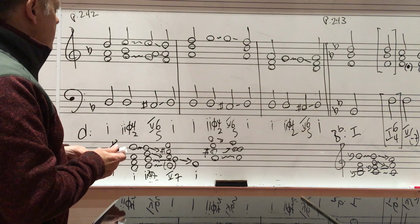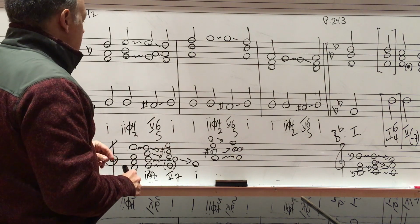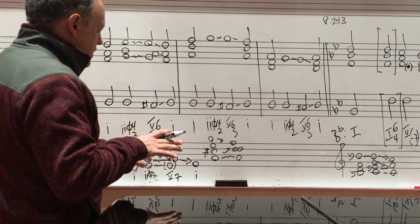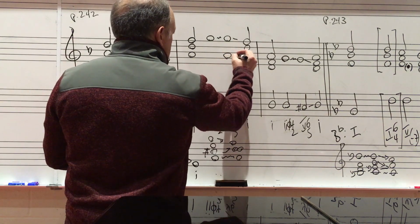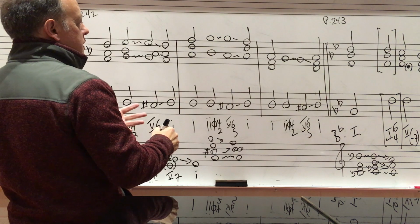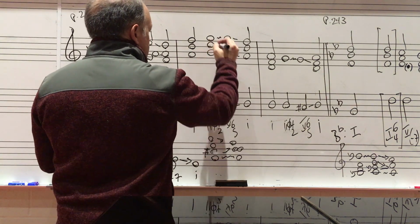All right, so I want to see if I can't do the same kind of thing in these other places. And again, what I'm looking for is this the B flat, the diminished 5th. That's so important that it's going down by semitone to this A, and that A is going to be common tone over there. So I want to get that thing in place first, okay? There it is, and then likewise shift up here,